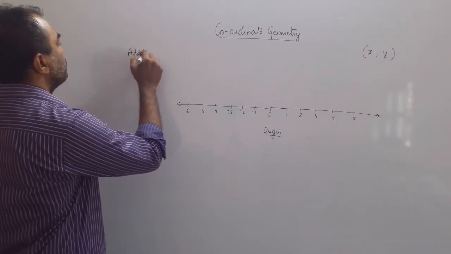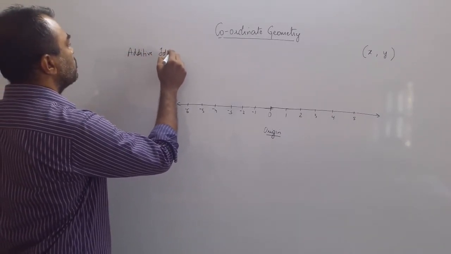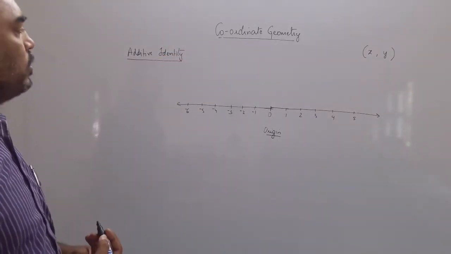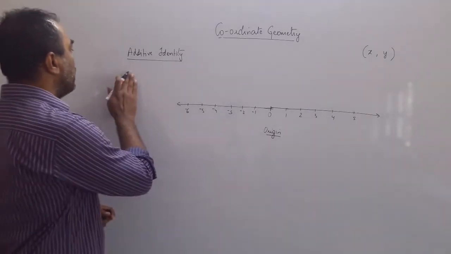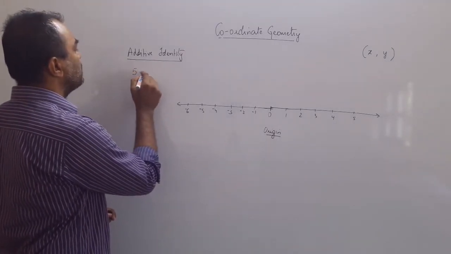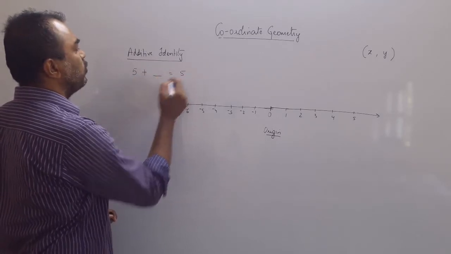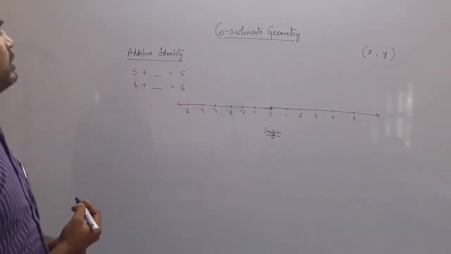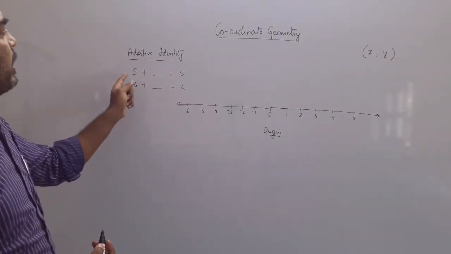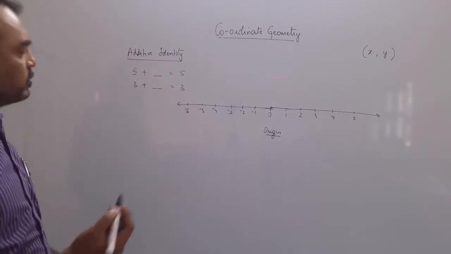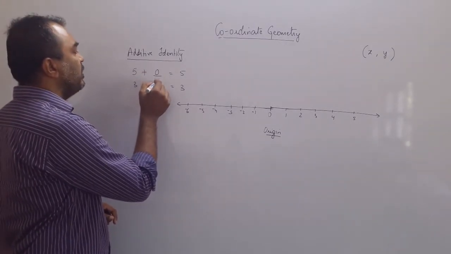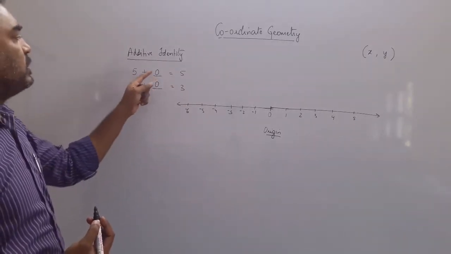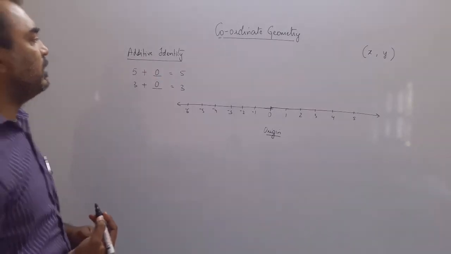additive identity. So, what is an additive identity? Think of a number that whenever you add anything to this number, the number remains the same. 5 plus something equals 5. 3 plus something equals 3. What is this number? This something that whenever you add any number to it, the number does not change. So, you have already learned this. The additive identity is 0. Anything plus 0 is the same number. So, 5 plus 0 we have 5, 3 plus 0 we have 3.